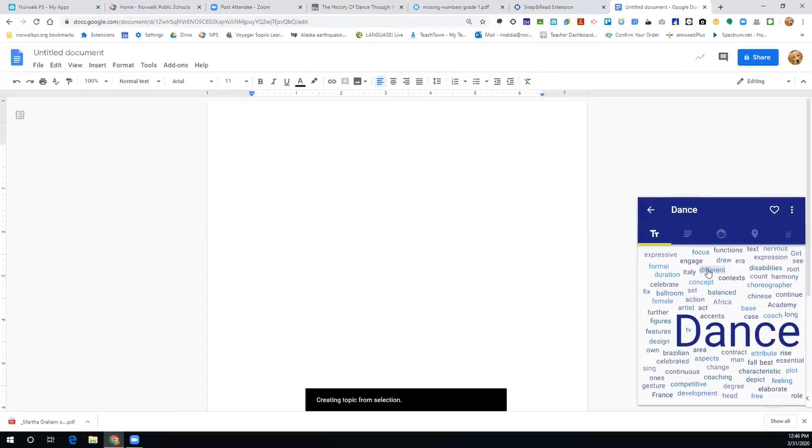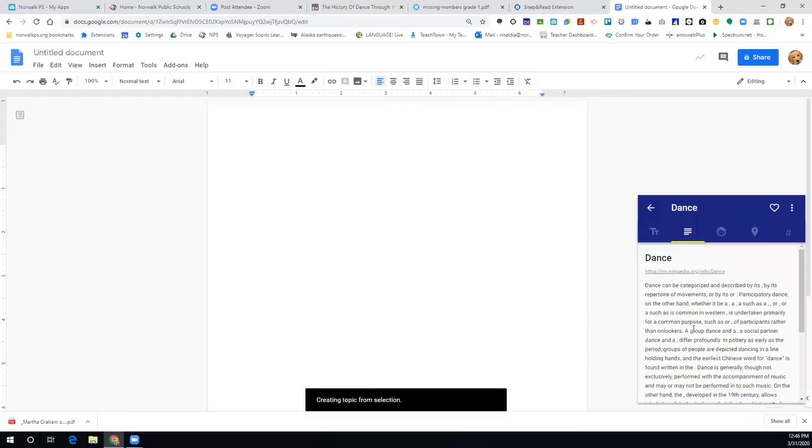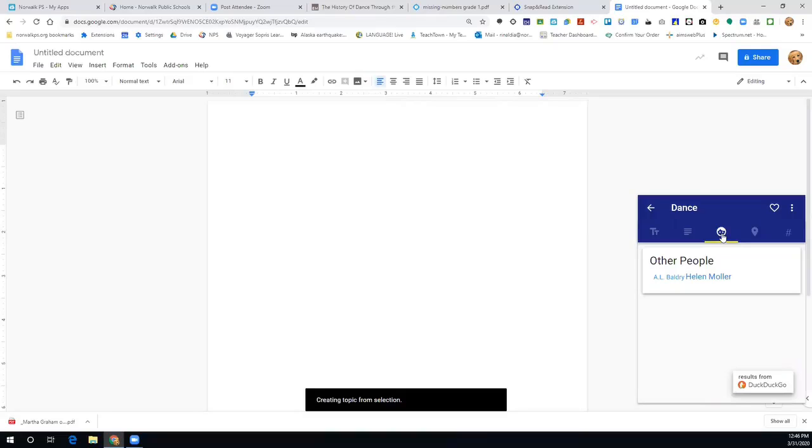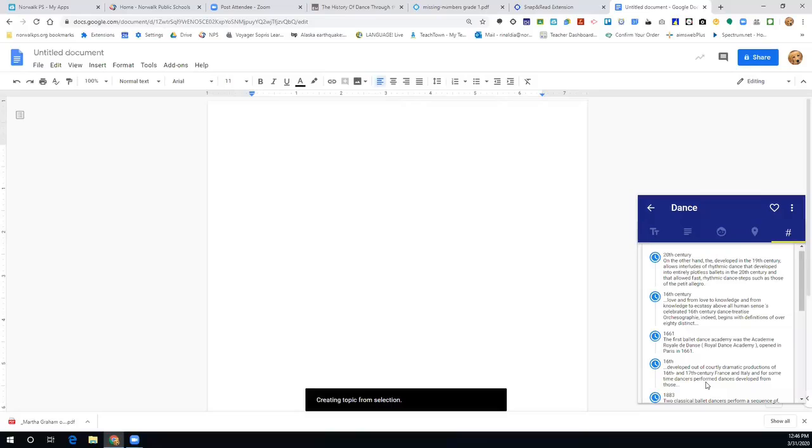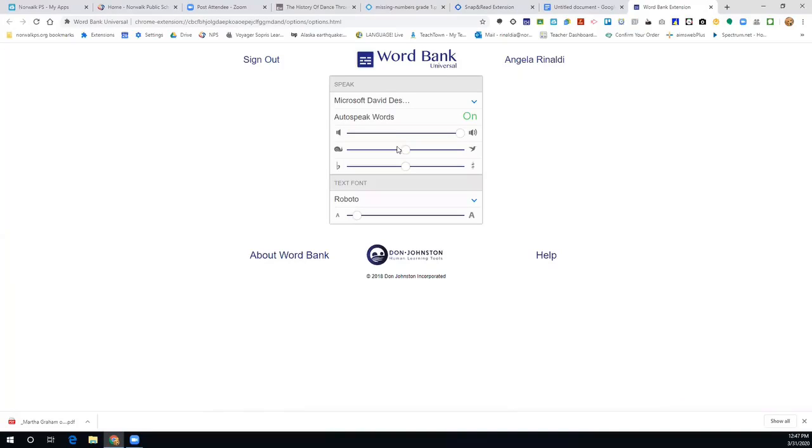Now, if I hover over it, it will read the words. Now, you can go in and you can see the history of dance right here. Famous people, and the other ones will pop up, and then a timeline of dance. Also, you can make it a favorite, and you can print it, you can rename it. Let's go into options too, and you can allow it to speak certain words,